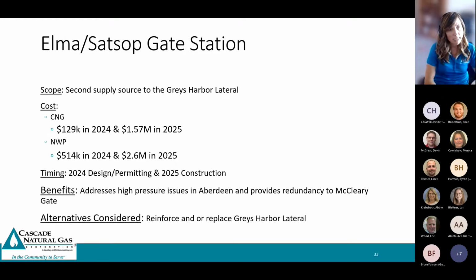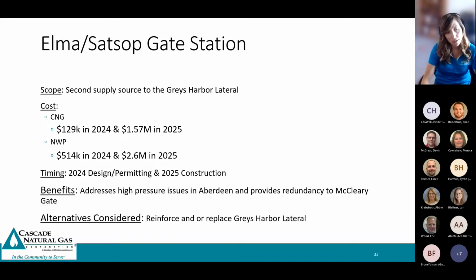Keep going. Next up, we got the Elma and Satsop Gate Station. This is over in the Aberdeen district. Scope of this project, it's a new gate station that'll be a second supply source to the Grays Harbor lateral. A little background, our Grays Harbor lateral runs from McCleary to Aberdeen along Highway 12 for 40 miles in length. This high pressure system has pressure issues at the end of the line in Aberdeen. So this gate is going to help get flows and pressures down the lateral to help the end of line